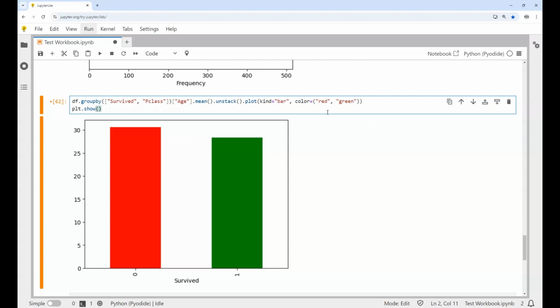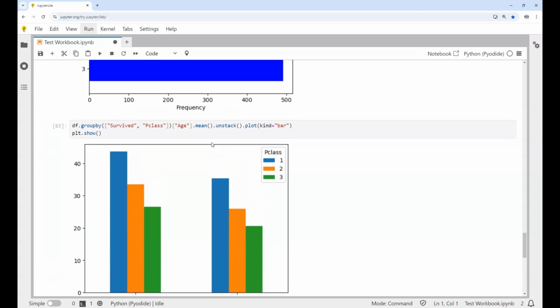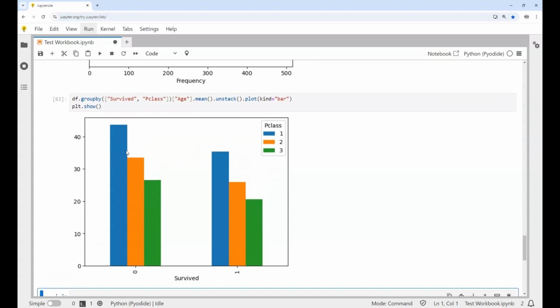And then we can just get rid of this color. We'll just have it all as the same color. Let's just run this and see what this outputs here. So we let Python choose our colors for us. What this shows is it's grouped by people who died, people who survived. It's grouped by then a bar for each P class up here, 1, 2, and 3, color coded. And then it's finding the average age for those